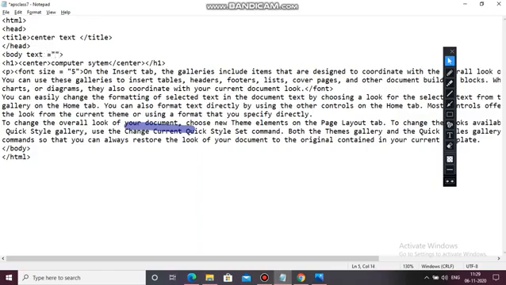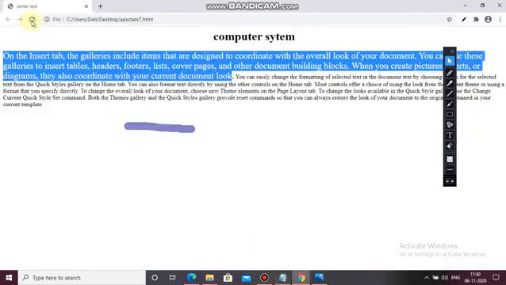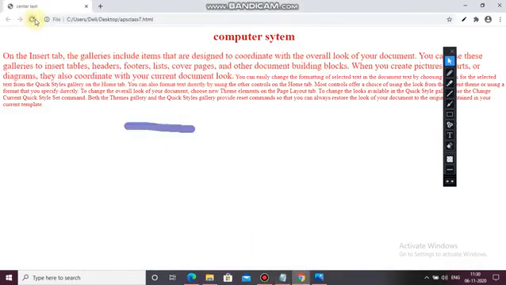If you don't know the color code, if you are not remembering the color code, then you can directly write the name of the color. Just now, I am not remembering the code, so I am writing the color red. So see, it accepts it. Whatever text is written in the document is changed into a red color.